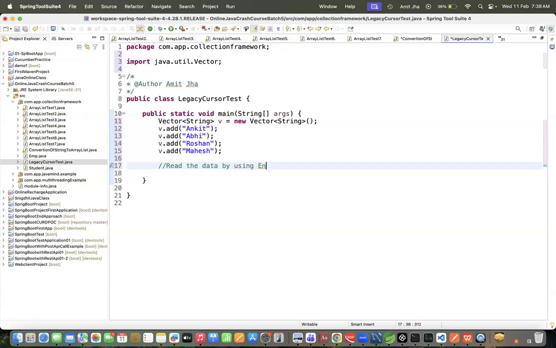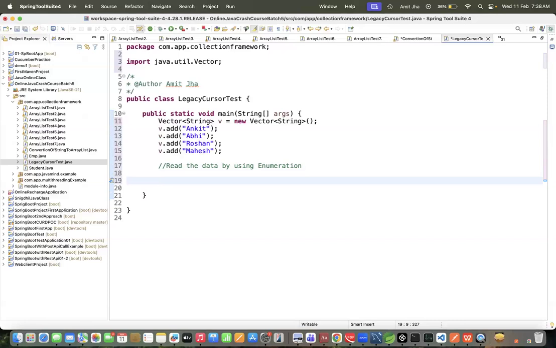Yes or no? You can also read it with the help of a for-each loop, but we are using Enumeration. Correct? So understand how I'm going to do it.